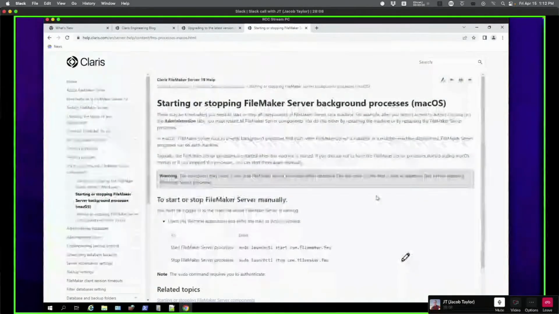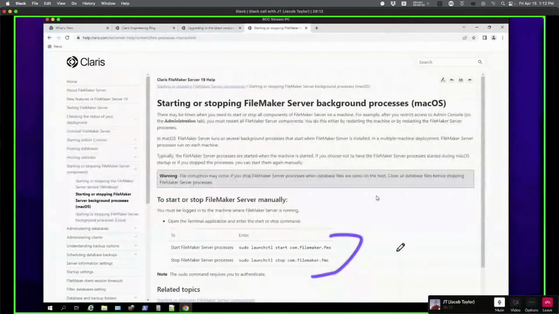Sudo launchctl stop. Is that what I did right here? Okay. Yes, it is. Yep. So for those of you wondering about this stuff,